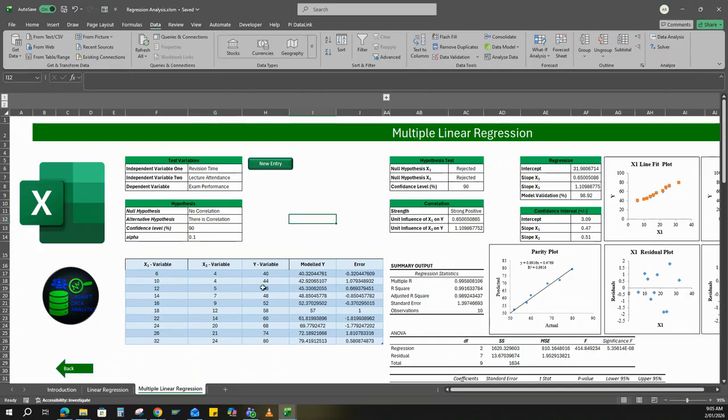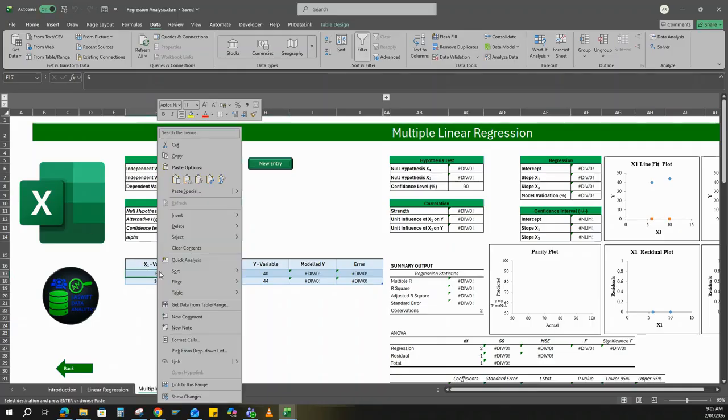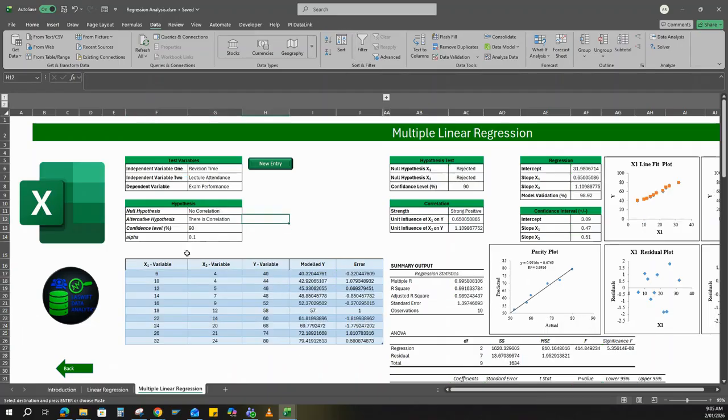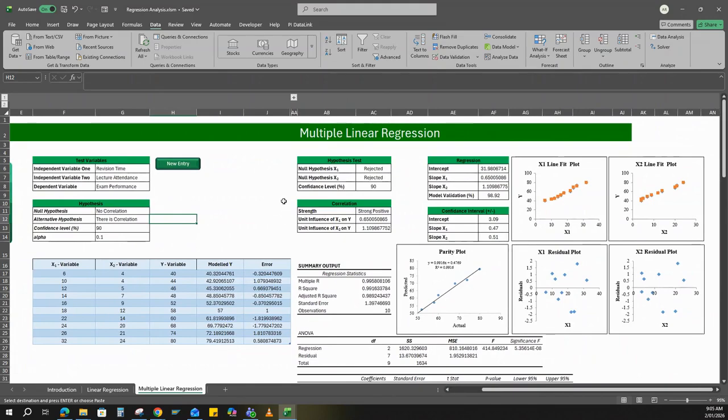To put in the raw data, I'll copy the data from another sheet and paste values in the data table. Now this template is set up to interpret the results for you. So let's look at the results. Looking at the hypothesis result here, the null hypothesis for both of the independent variables is rejected. Now what it means here is that